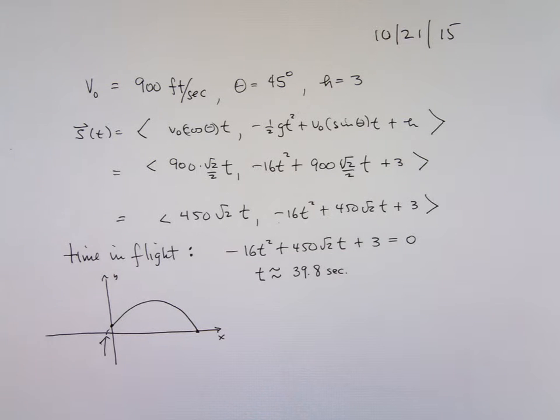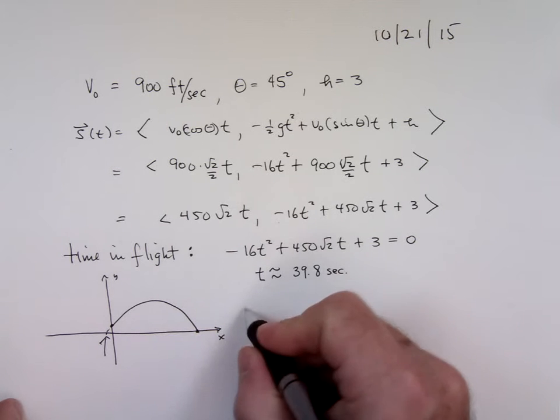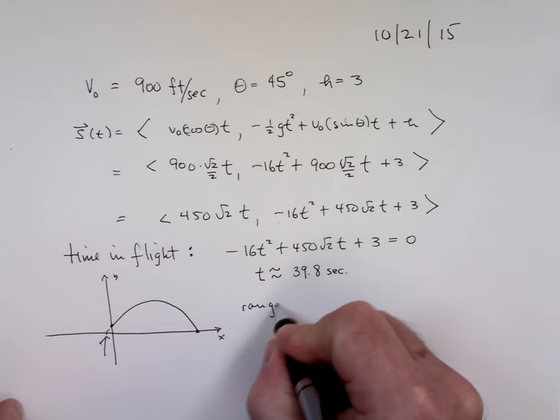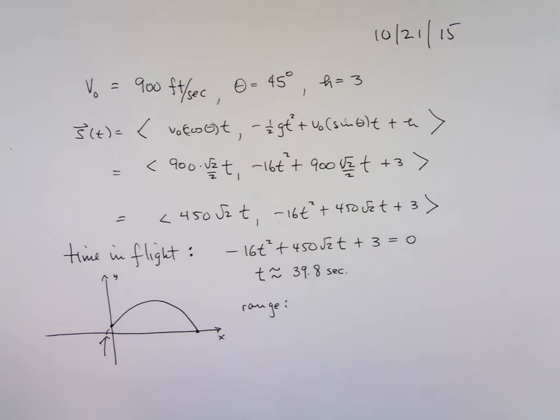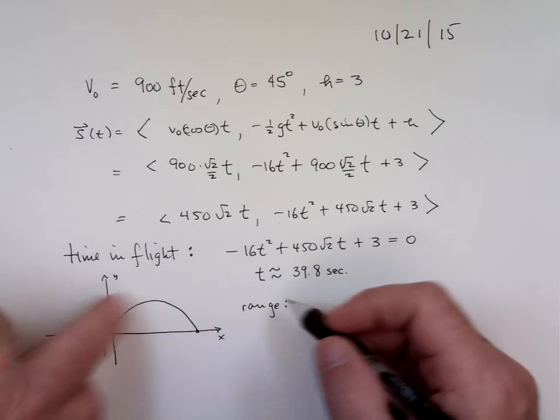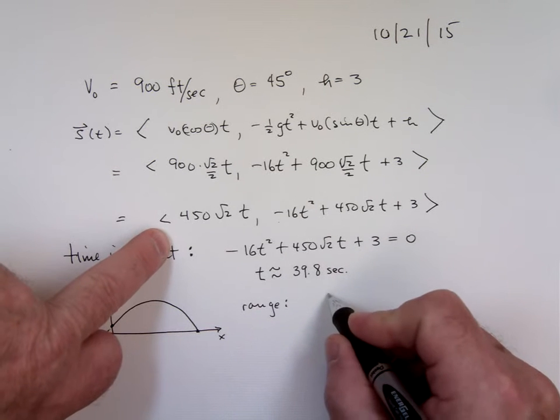39.8 seconds in flight. We want to find the range. Now, how would you find the range? Plug that time into the x. You bet you would. Exactly right. Take this into the x, so the range is going to be